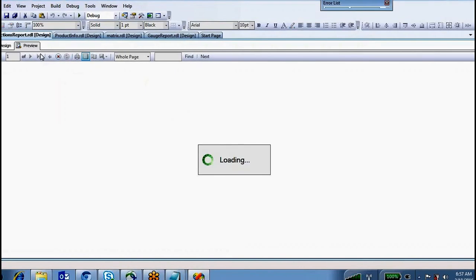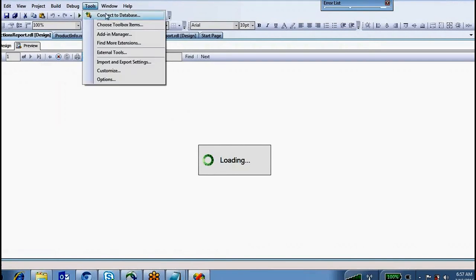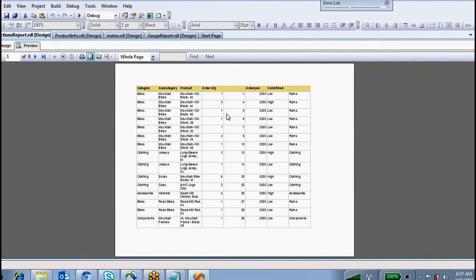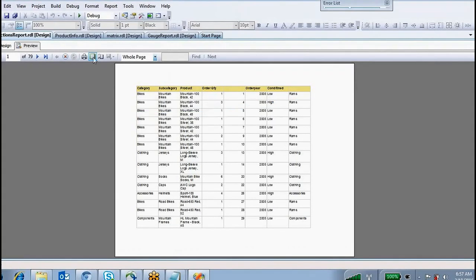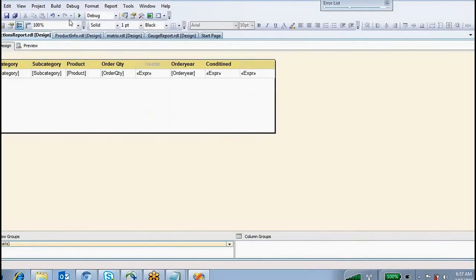So how to adjust, how to fit a report inside one page, these kind of things you have to adjust in the report properties tool. See, this is coming like this way. It is fitting in one page, all the columns are fitting in this page. Got it? That is landscape.